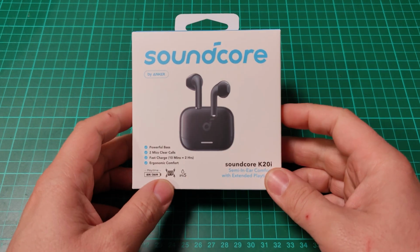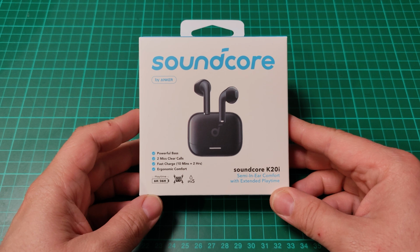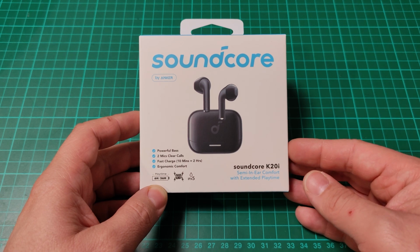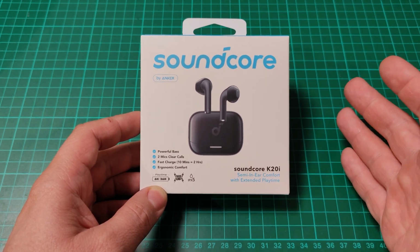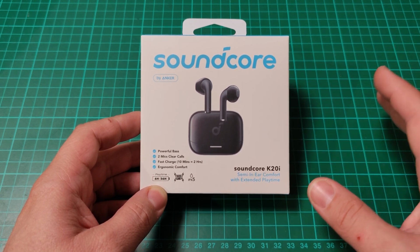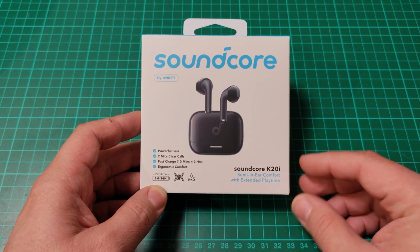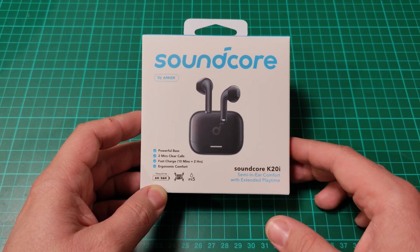Hello everyone, today we are going to take a look and actually try to hear the Soundcore by Anker K20i headphones. These are actually semi in-ear. I usually don't do reviews for headphones. I do some, but not very often, and I choose to do them when I actually get some headphones that I like, and I do that by doing a lot of initial research, because